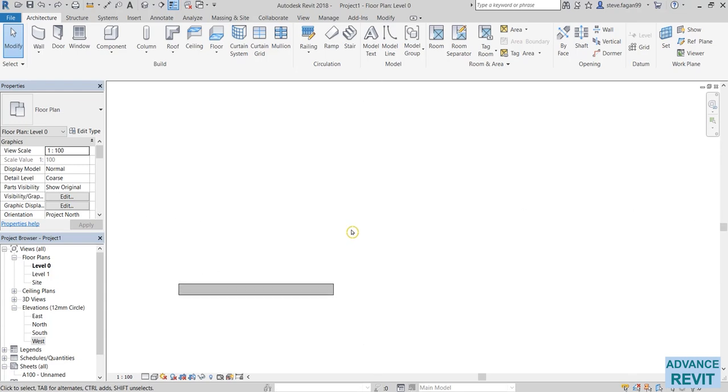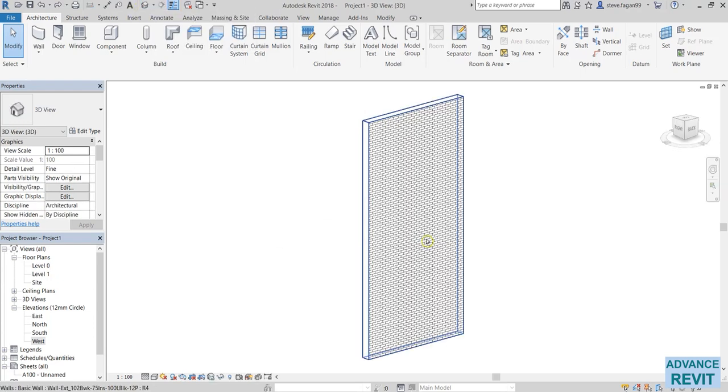To zoom, we'll just scroll the wheel in and out. If we zoom out too far, just double click on the wheel and that will zoom extend, so everything will be centralized. If we go over to our 3D view, so up in the quick access, we'll select the default